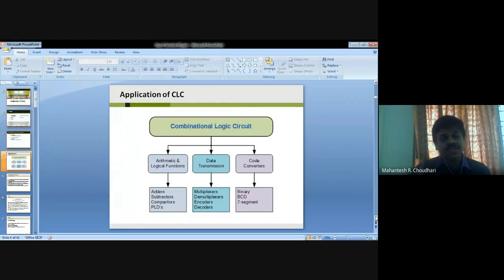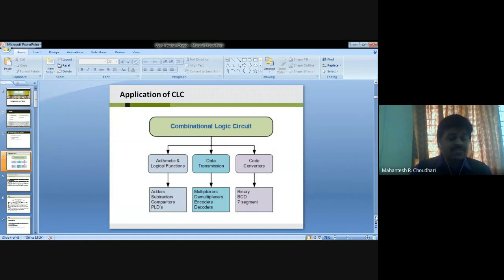If you make it with the blocks you are making, then I think that will be fine. Next, the applications of CLC, which is a combinational logic circuit or combination circuit. They involve arithmetic and logical functions, as you are seeing here, then data transmission and code converters.